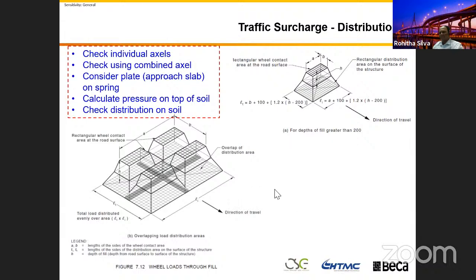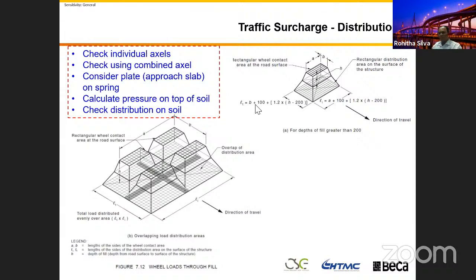AS5100 gives quite a descriptive way to calculate this, because whether you use one wheel or a group of wheels together, you can calculate your pressure distribution. The wheels in the model are at 2 meter spacing and 1.25 meter spacing, so they were closely spaced. Because of that there will be some overlapping, but in terms of design you can assume a uniformly distributed pressure and design for it. I think that doesn't make a significant difference in your substructure or your abutment design. So you can have a very accurate approach,